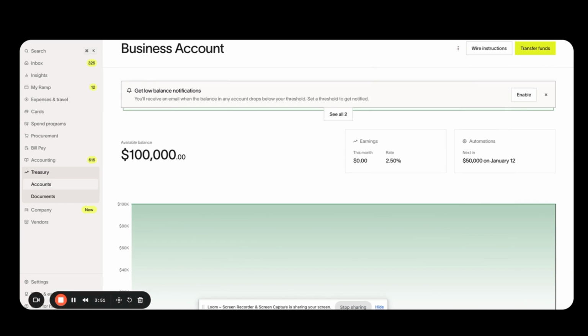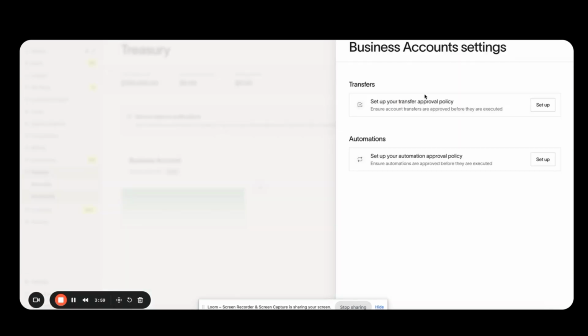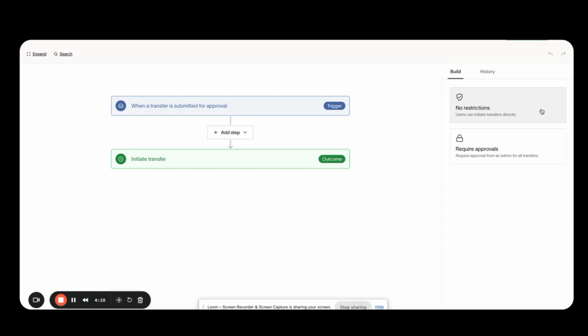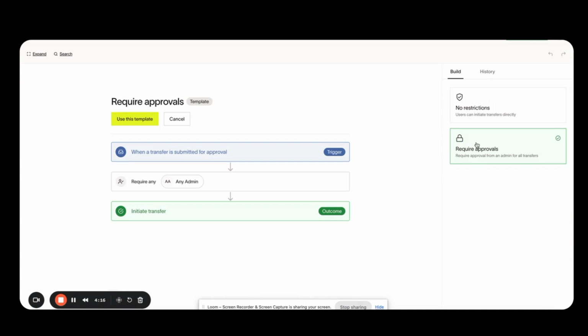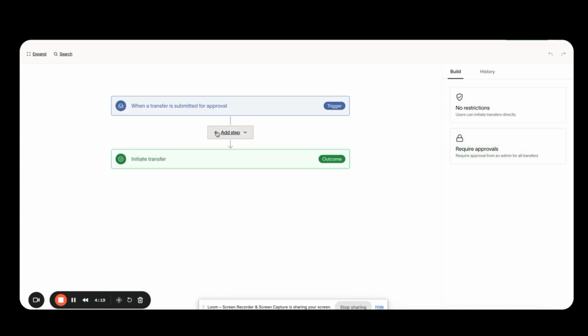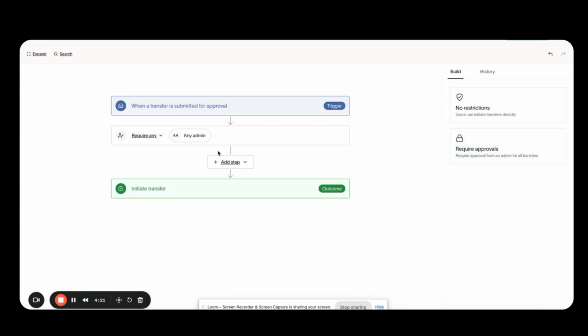They can also set up approval policies. They can set an approval policy for manual transfers. They can also set an approval policy for the automations that they built. This is a nice custom workflow. There's a couple templates that someone could choose to use, no restrictions, or require approvals, or they can just fill it from scratch. This allows the business to define who they want to have to approve when money is getting